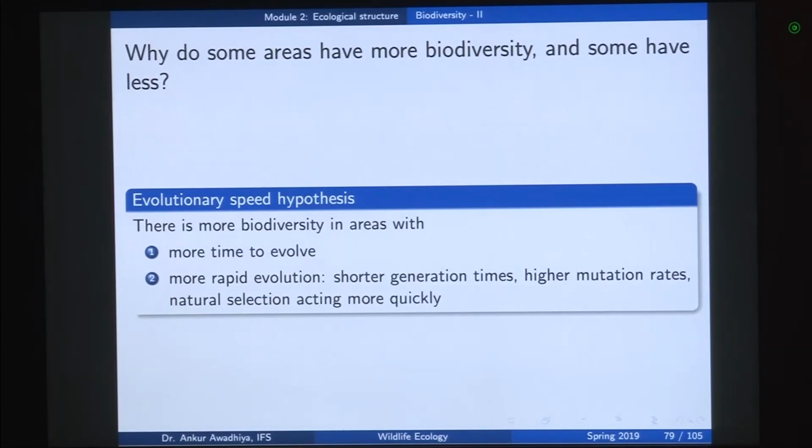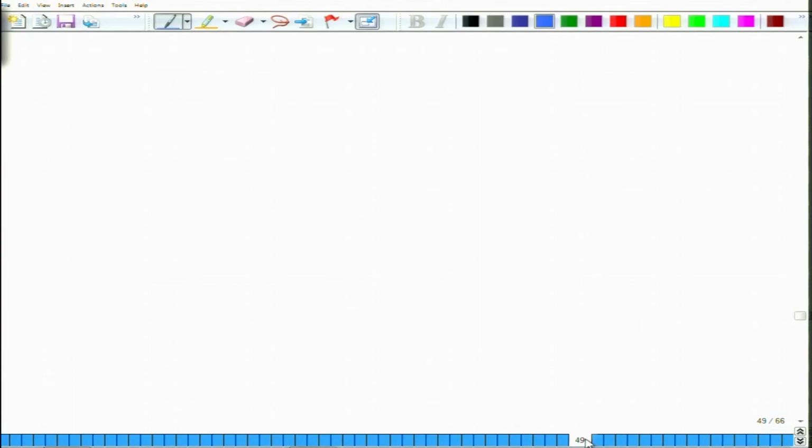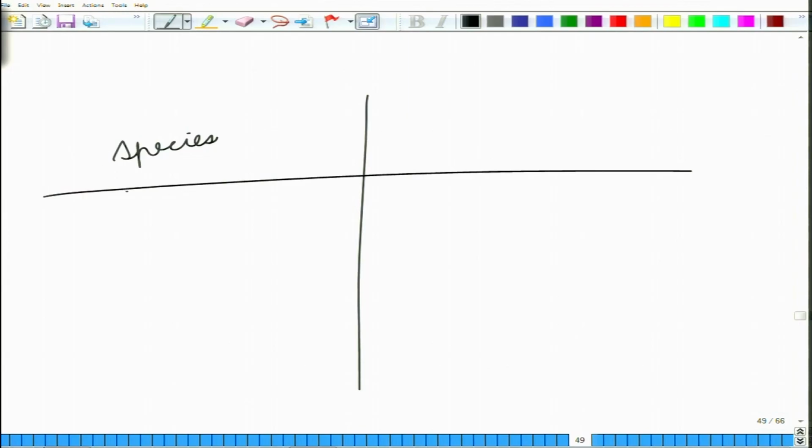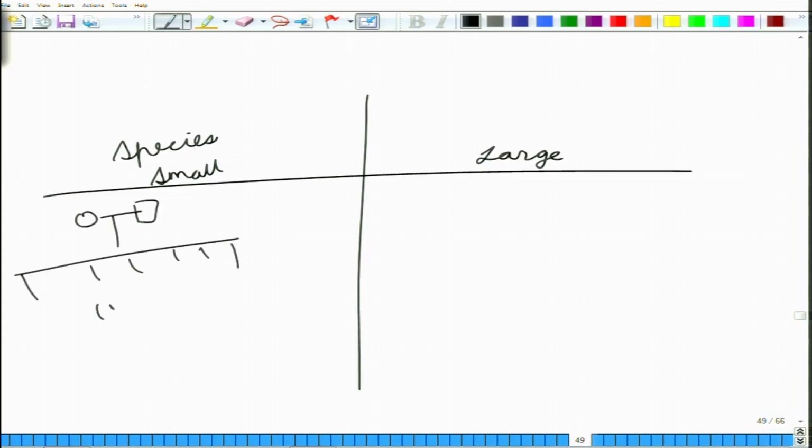The second thing is more rapid evolution. Now, more rapid evolution could happen because of shorter generation times. Shorter generation times means that for species, so let us consider two species here. One is a small species and the second one is a large species. Now, in the case of this small species, one pair of parents give rise to say 1000 offsprings,